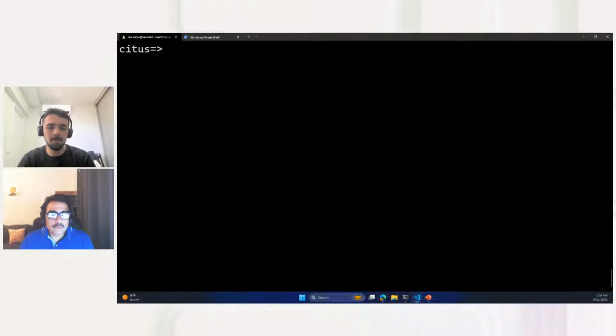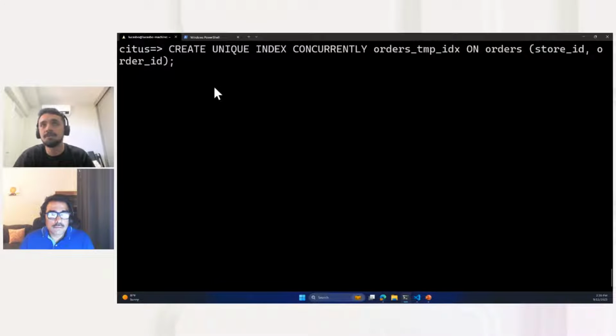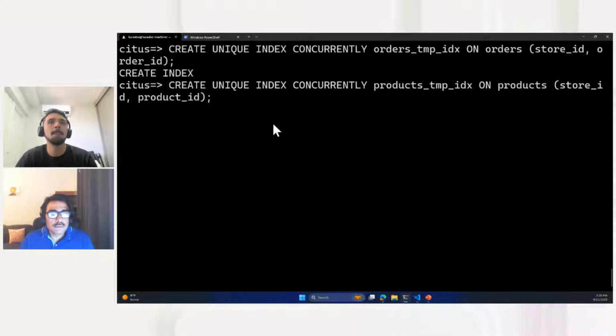The first thing we need to do here is create new unique indexes that contain the store ID for each of those tables, okay? So first, orders, right? Next, products. And last,